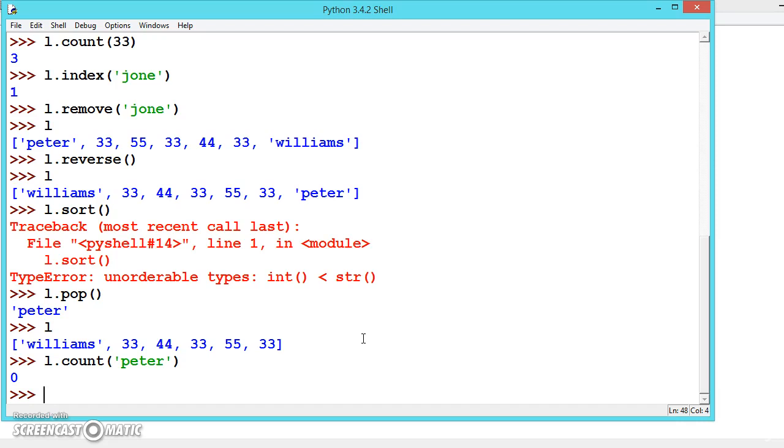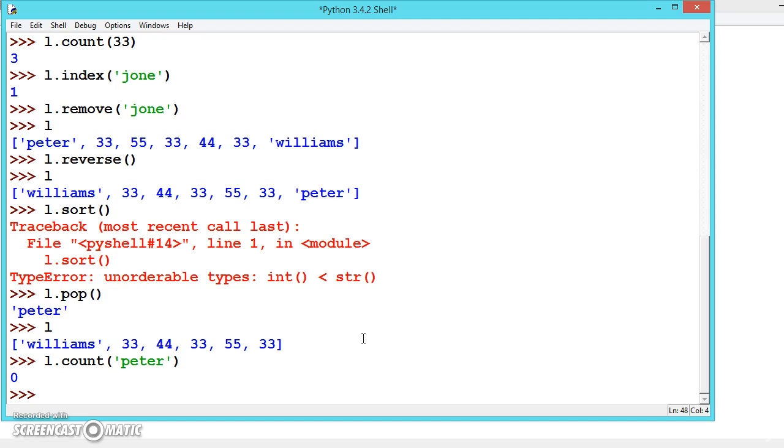So this is a little bit about lists. Slowly we will be learning more about lists when we go into the further sections, like when we are learning object oriented programming in Python. Until then, keep practicing. Keep playing with all these methods available. When you type L dot, a pop-up comes with all these methods; press the up key or down key to select.